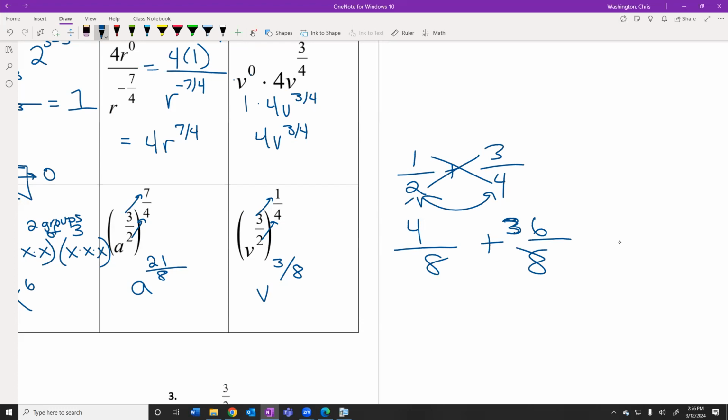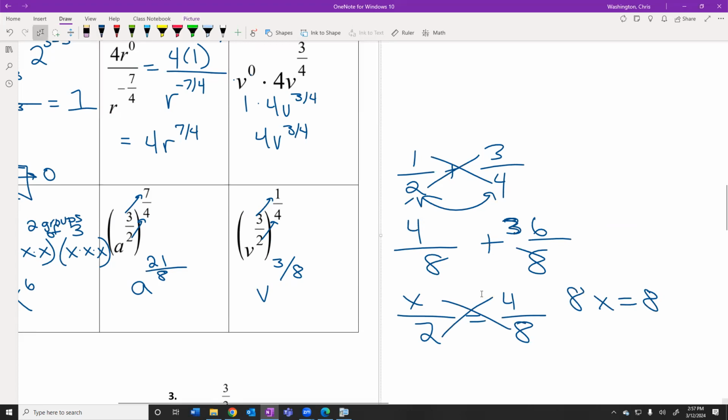So if we're adding fractions, crisscross smiley face works, but that doesn't necessarily mean we're using a common denominator. It is a denominator, but 8 would not be the least common denominator in this case. So crisscross smiley face, you can add fractions. Just straight up cross multiply would be something like x over 2 equals 4 over 8. Cross multiply, 8x equals 8, and then you can solve for x. Cross multiply would be an equation, really. That's really the only time we use